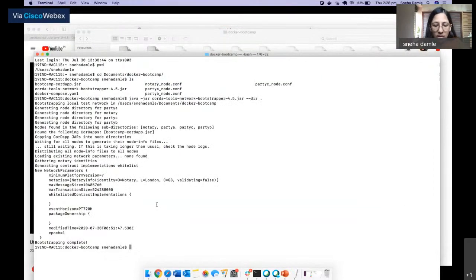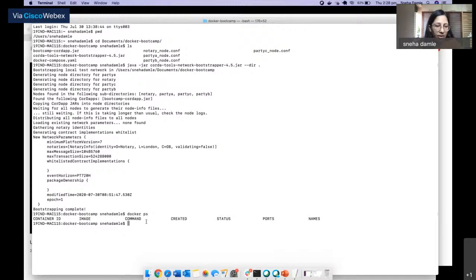To do that, just do a docker ps. It tells you if any of the containers are up or down. As of now, I don't have any containers running.